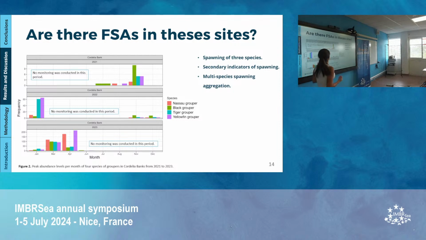It could happen, but usually a multi-species spawning aggregation is when a site is used by many species to spawn, but not necessarily all together, not necessarily at the same time. I was wondering if there was any evidence of hybridization because they're spawning. No, it's not necessarily at the same time. It's that they use that area as a spawning site.